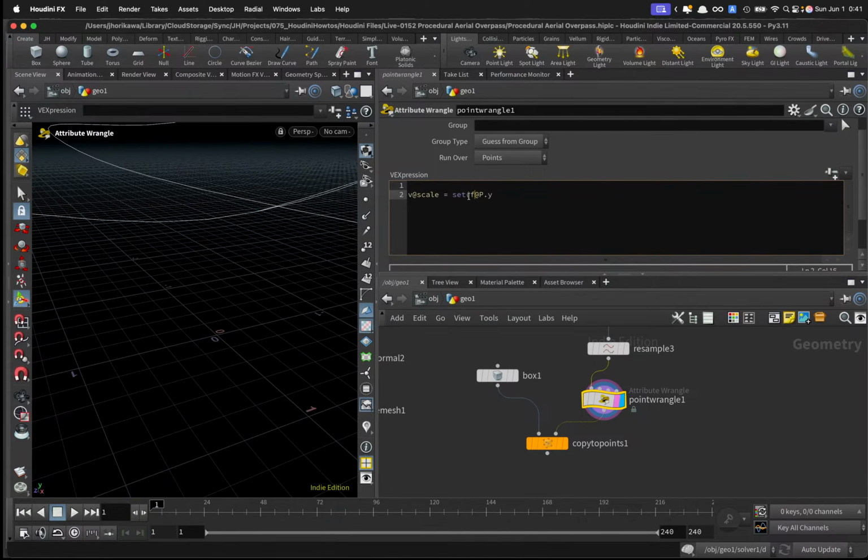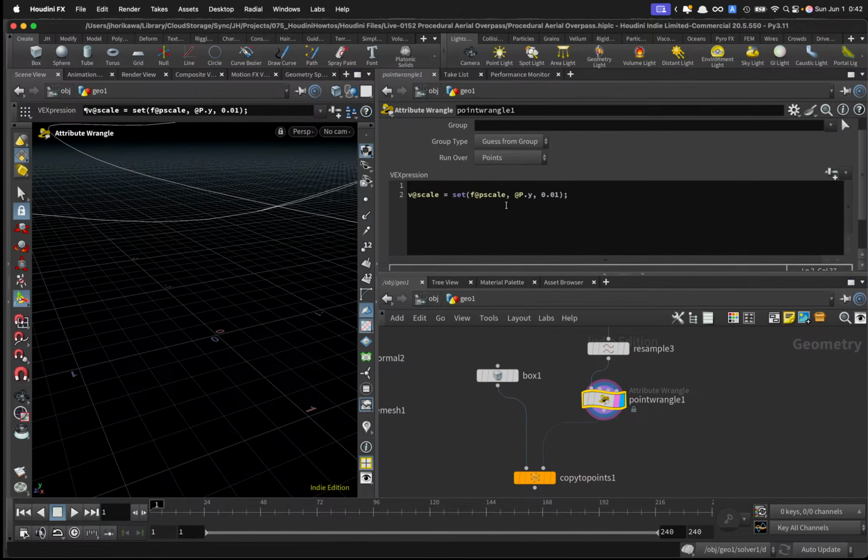So for this one I'm going to use a pscale, and for the z, if you want to have a thin column, let's try with a really small number. Okay,